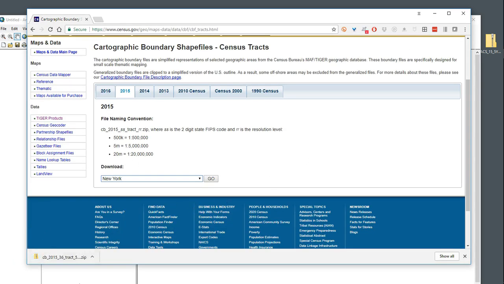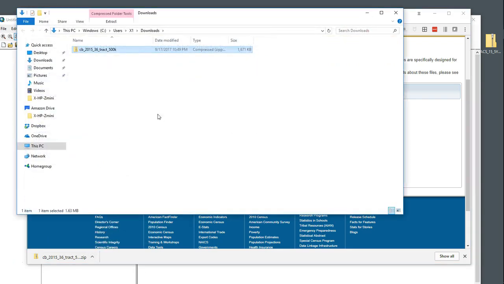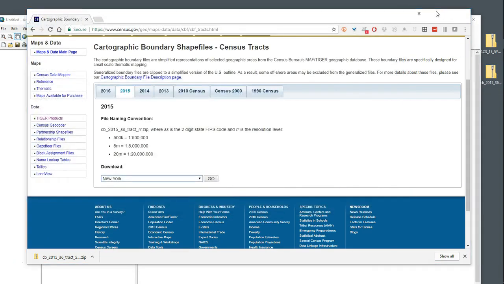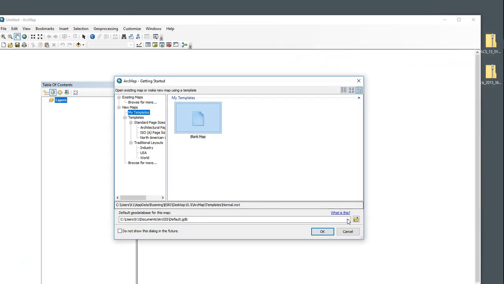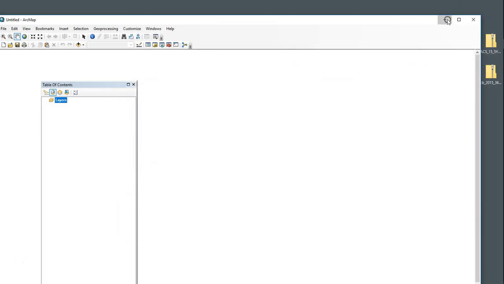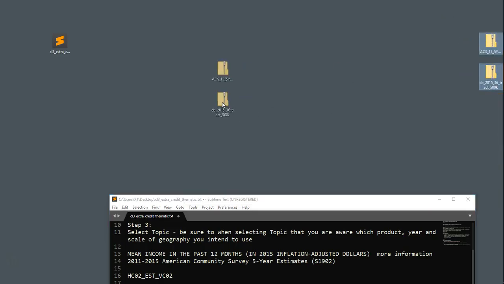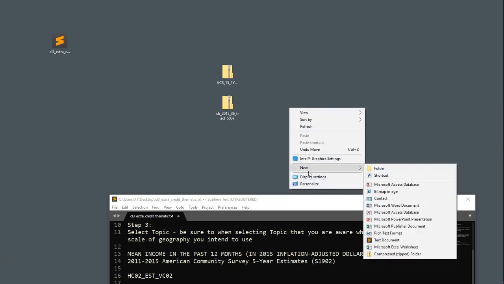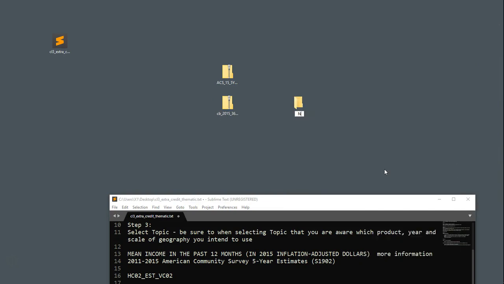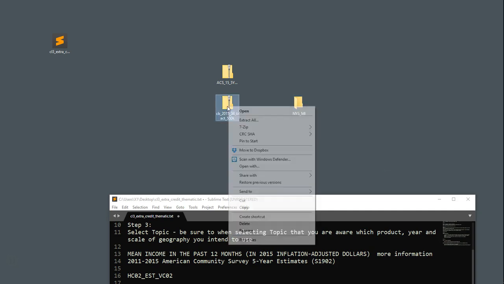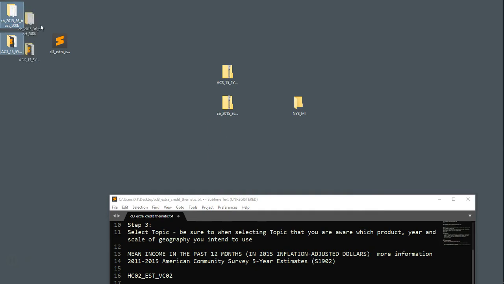And it comes down quickly. Put that on the desktop. Then what I'm going to do now is make a folder for my data. And I'm going to call it NYS for New York State, and then median income, MI. And I need to unzip these folders. Okay, I'm just going to stick them in there